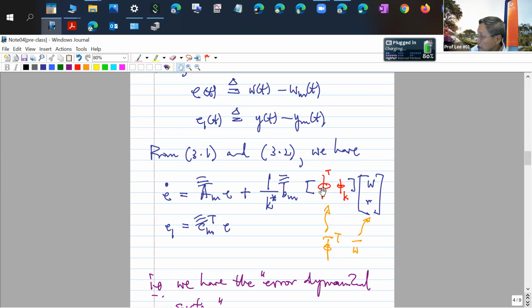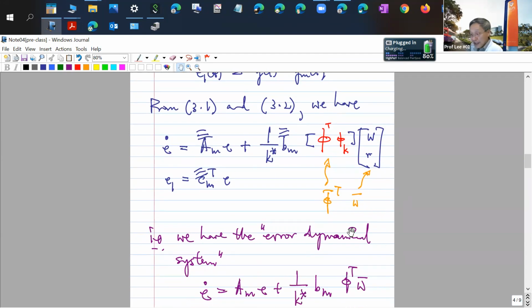Because this will be 2n dimensional, and this will basically be the scaling gain. So this is 2n plus 1. This is 2n dimensional, and this is 2n plus 1. So let me call it phi bar, and let me call it omega bar. So now, once I have that,